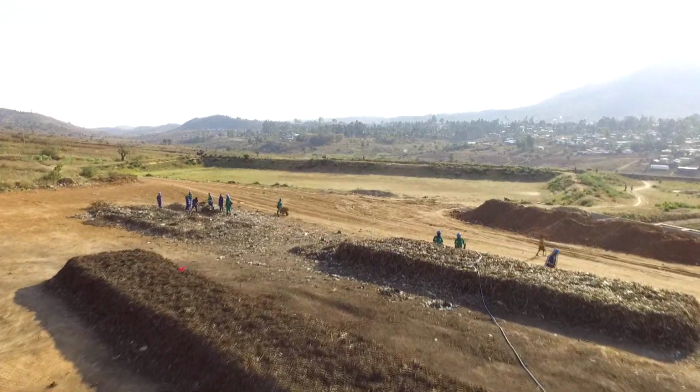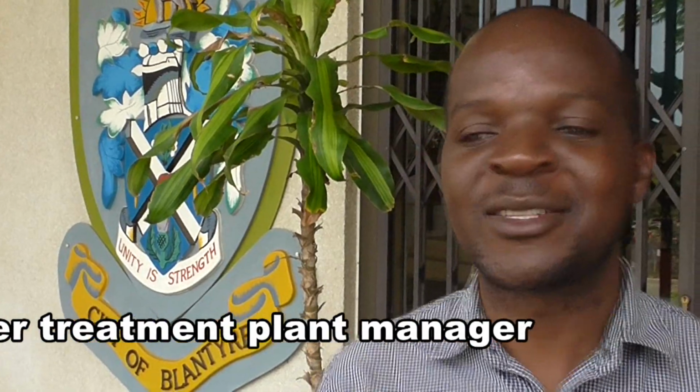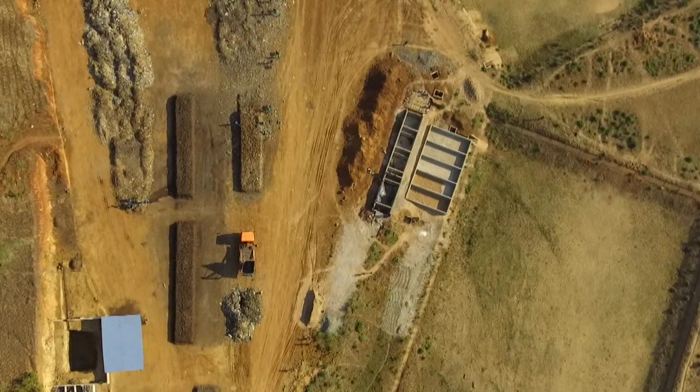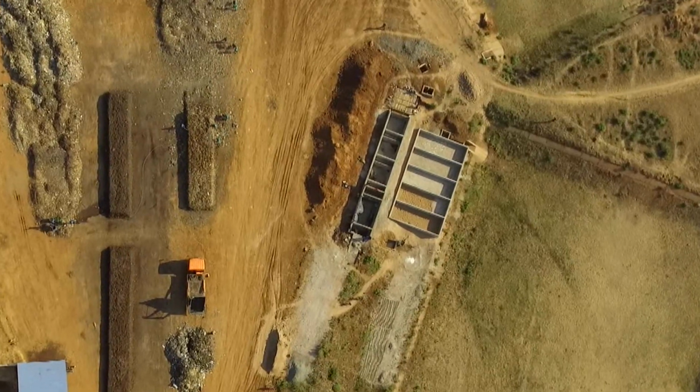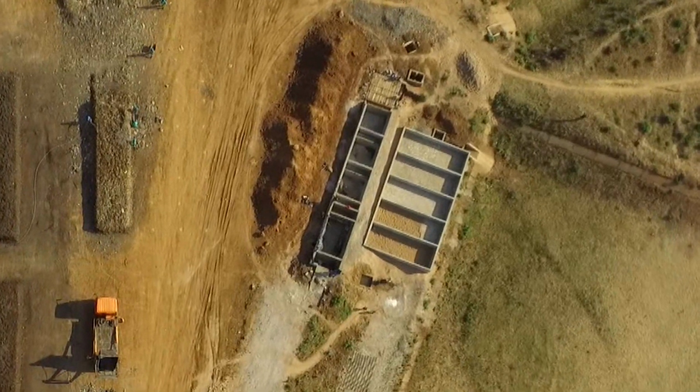This is an exciting project. As you can see, we are turning market waste into a valuable product known as compost. However, here at the Limbi treatment plant, we have also built a decentralized fecal sludge treatment site. The reason behind having it is to make sure that the fecal sludge gets co-composted